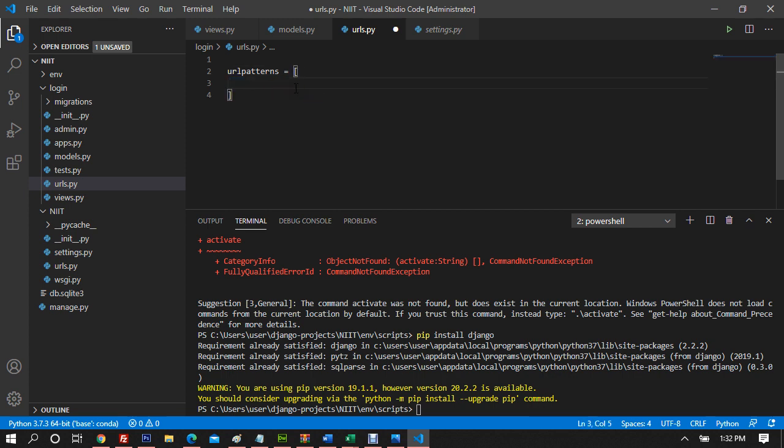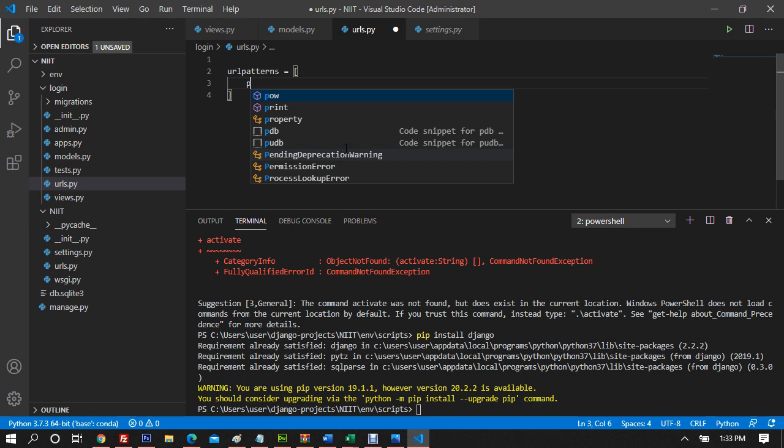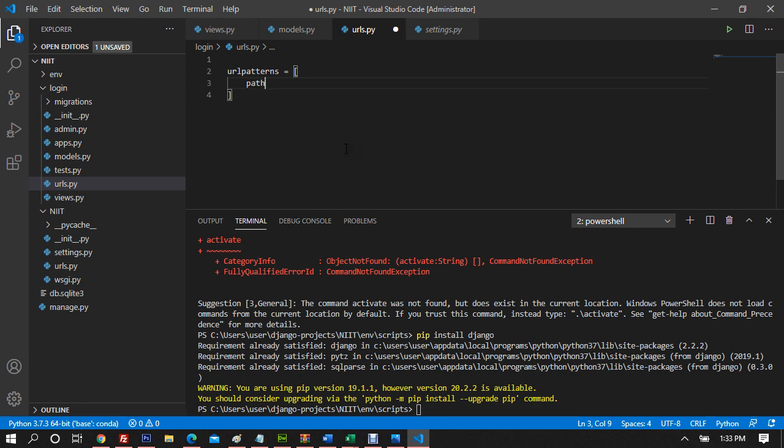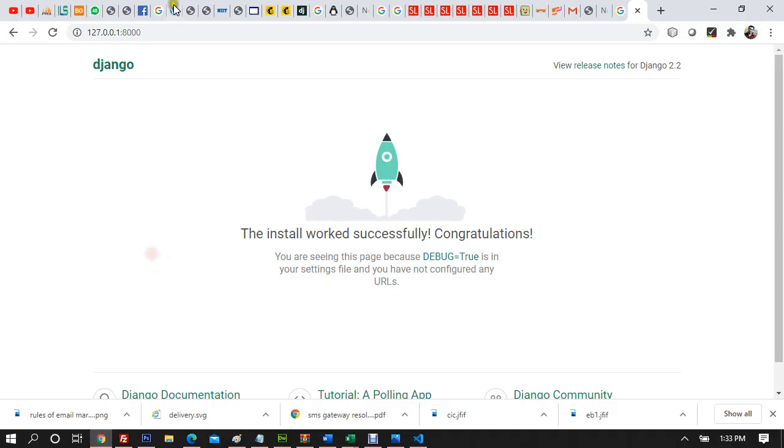Those who know Python know what a Python list is: mutable, immutable. Go back to recall previous classes. So I'm making a simple list right here, right? And inside this list, let's say I apply path, right? And I declare path, and let me call this, let's say, the empty path, because here you have not typed anything. You're directly accessing